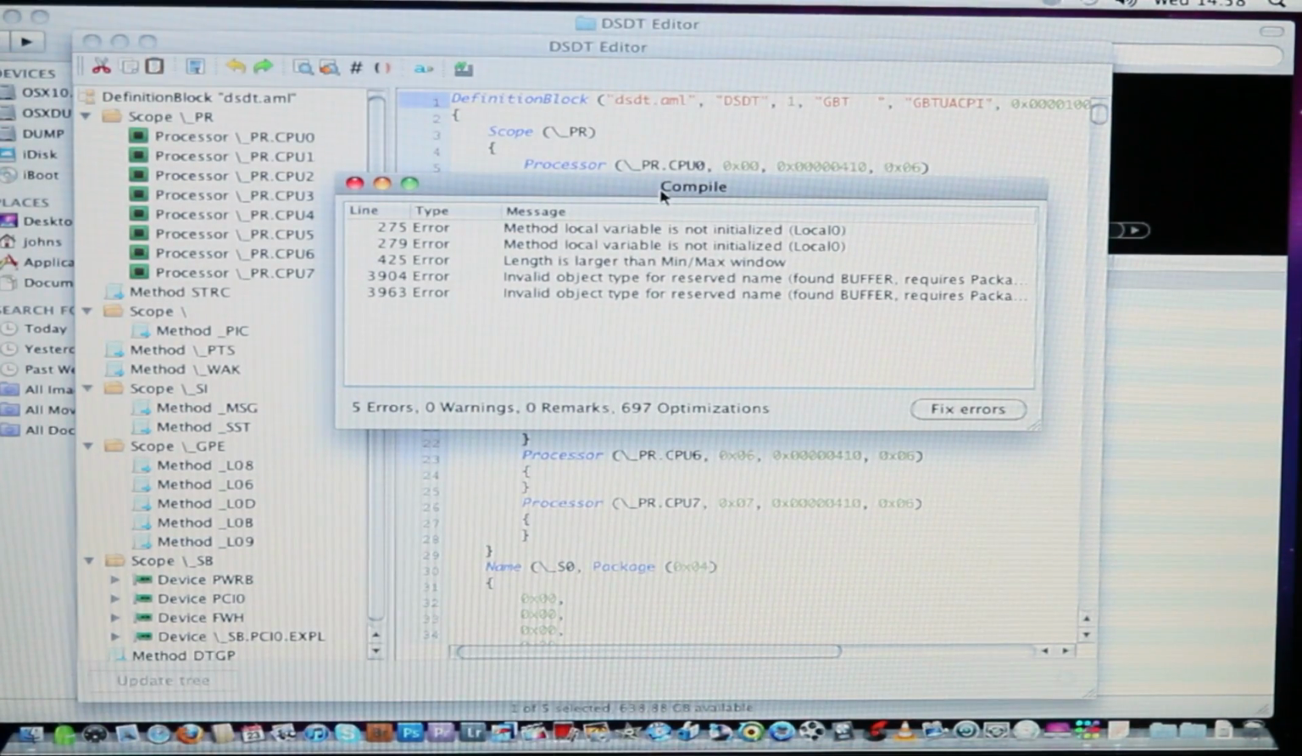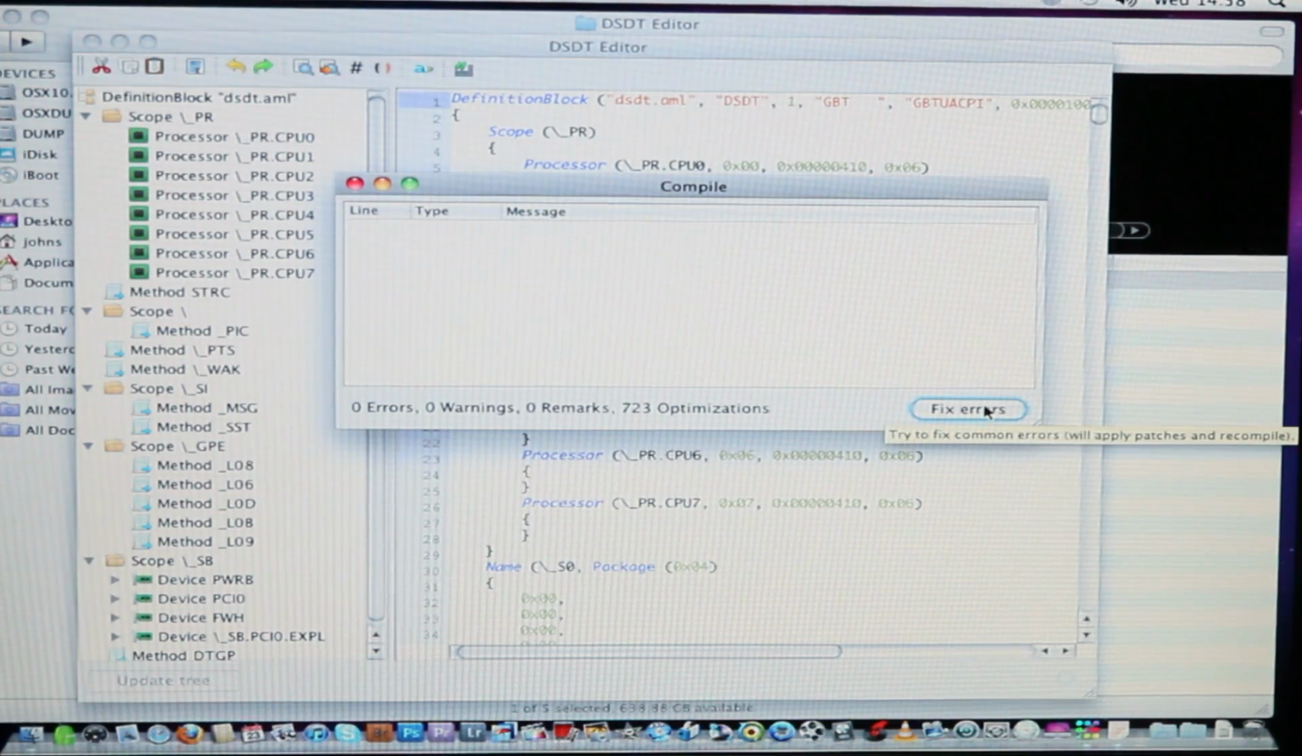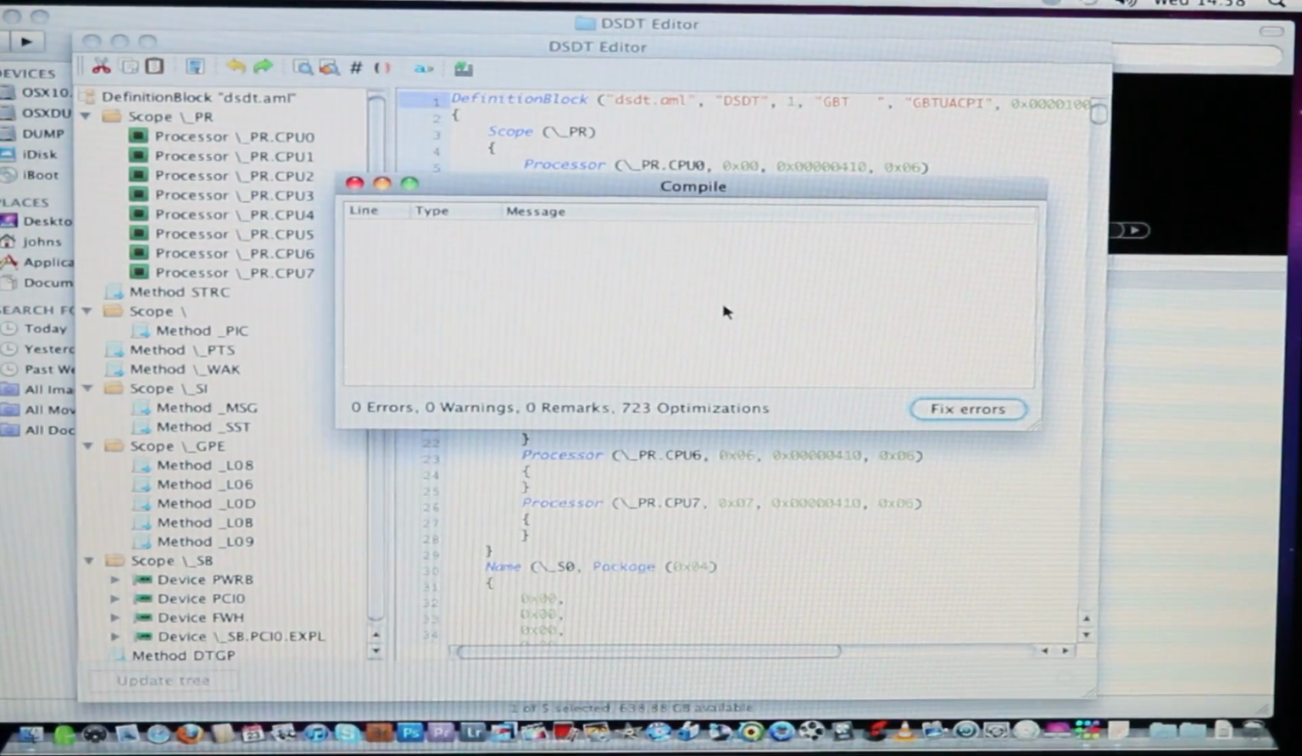Now, in my previous video I did say that if you're using an existing Hackintosh, you must delete it. Now when I fix errors, I know damn well that they're going to fix. Right, see that I've now got no errors, I've got no warnings, and I'm ready to save that as my new F6